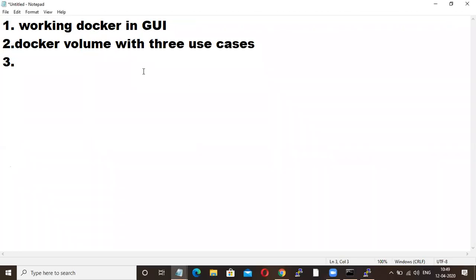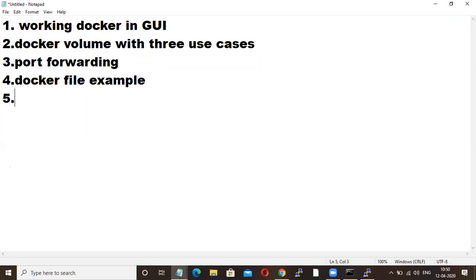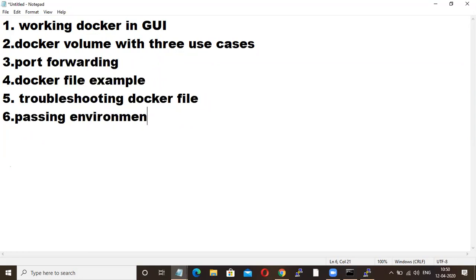Okay, so the topics are: Docker volume with 3 use cases, and port forwarding. Fourth one is Dockerfile examples. Next, troubleshooting Dockerfile. Next, passing environment variables.